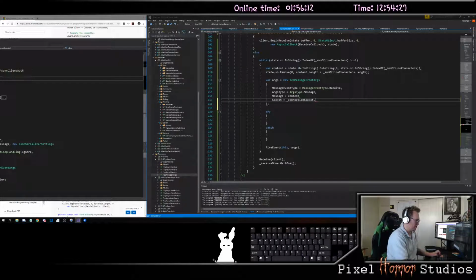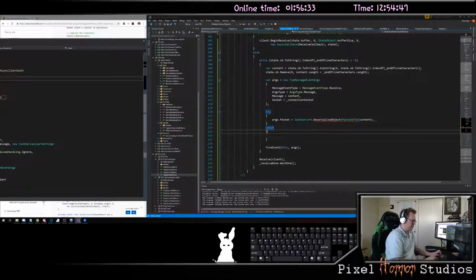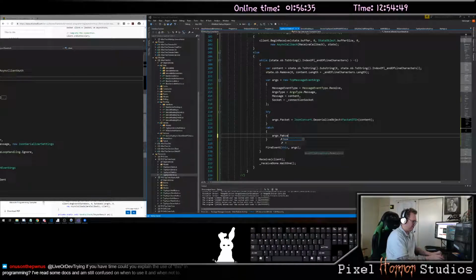Then args.packet is equal to JsonConvert.DeserializeObject as a PacketDTO, as my content. And if that fails, then we're going to say args.packet is equal to a new packet,